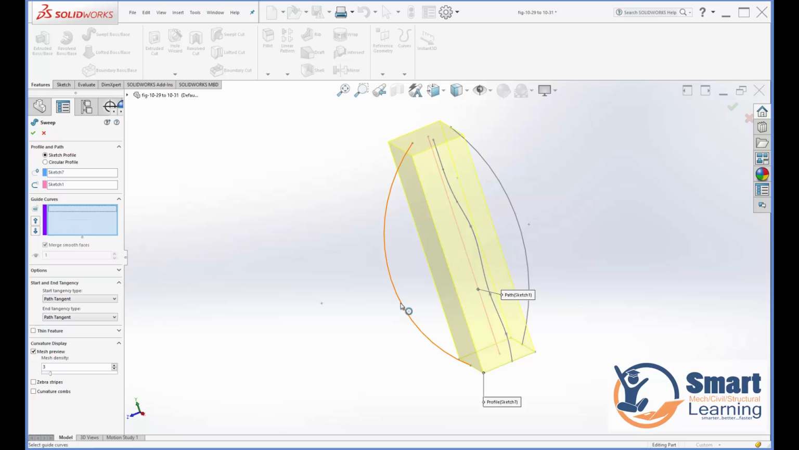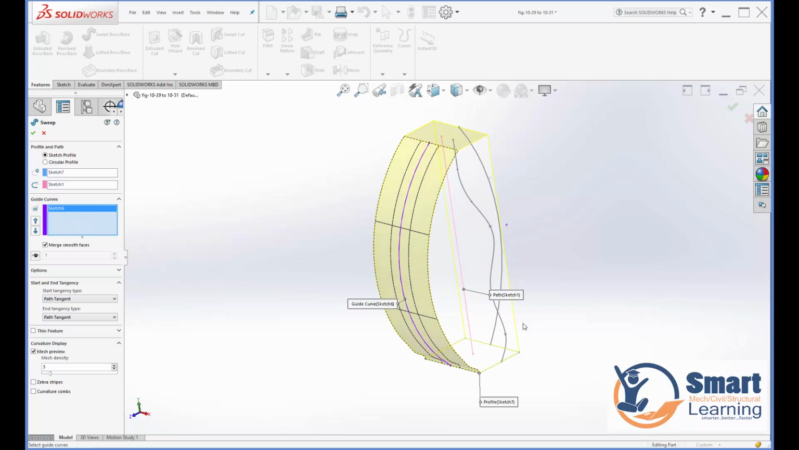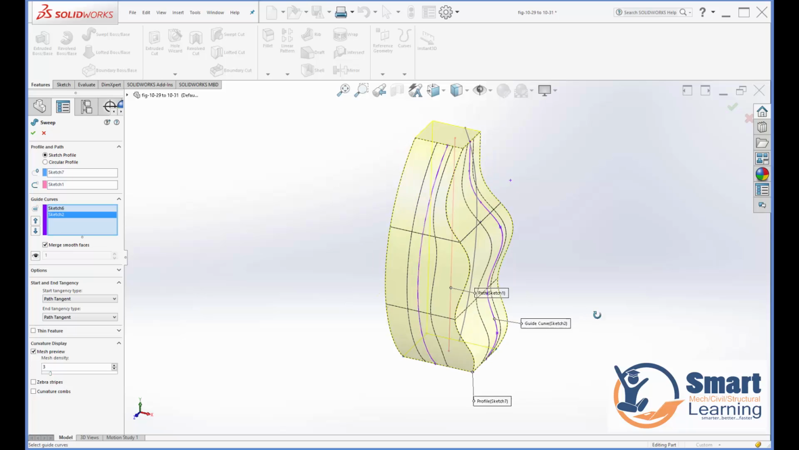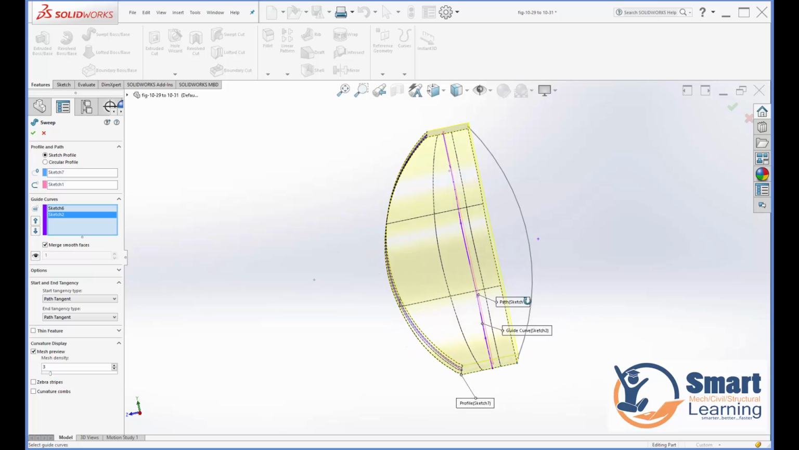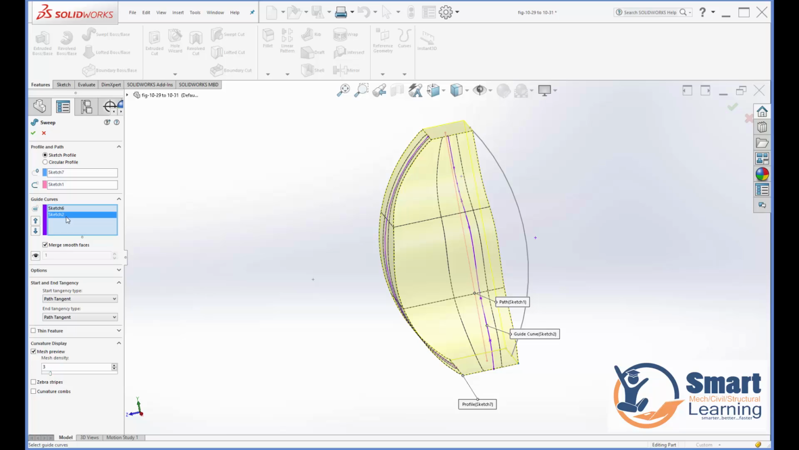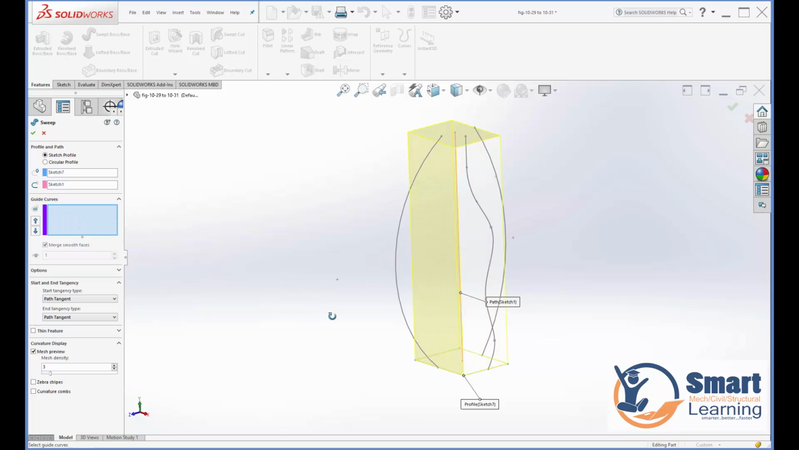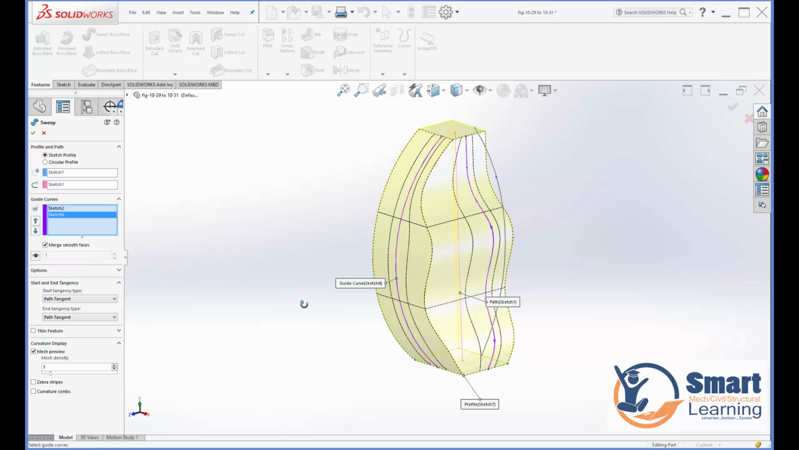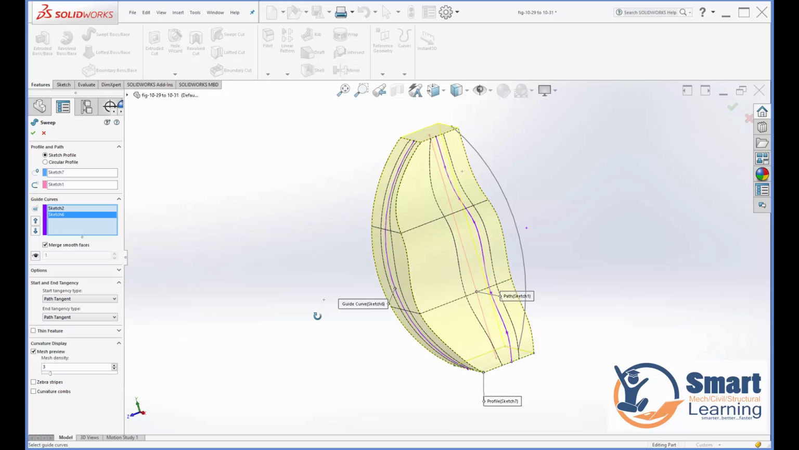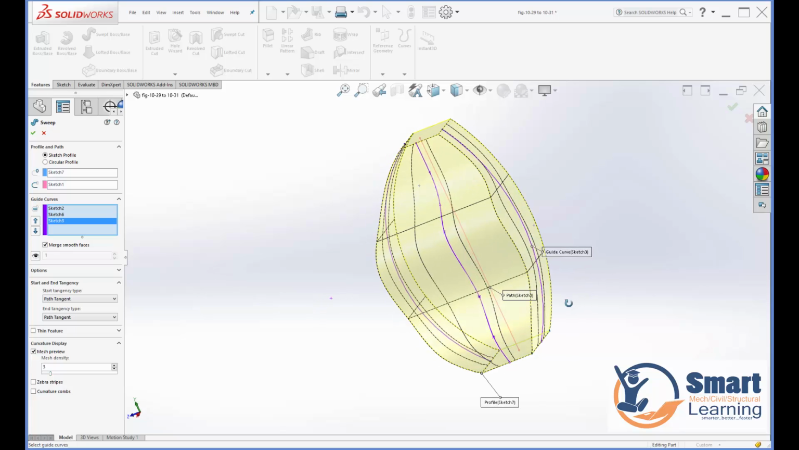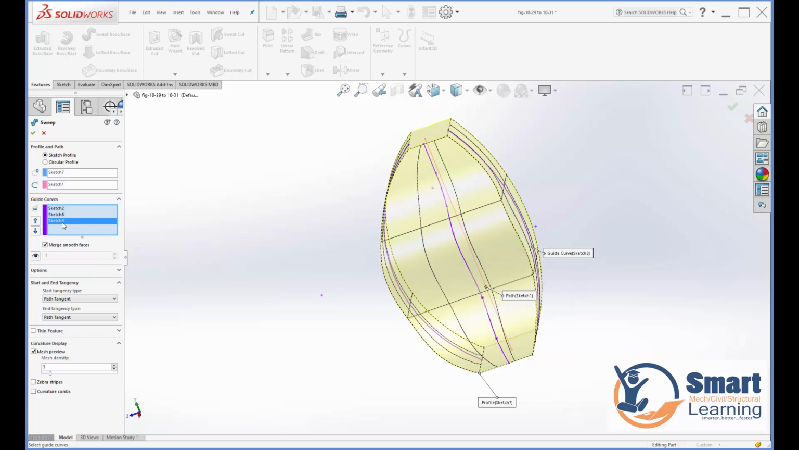And this is my first guide curve. And this is my second guide curve. And you can see how the continuity is maintained. Again, I'll delete. This is my first guide curve, and this is my second guide curve, and accordingly that is adjusted and maintained. And you can also add multiple curves as per requirement, or you can just delete this,